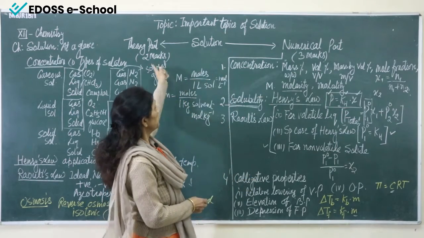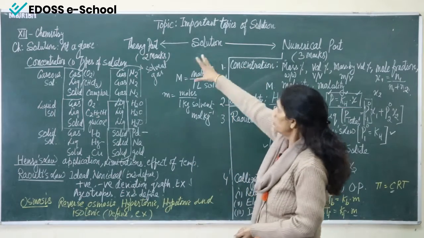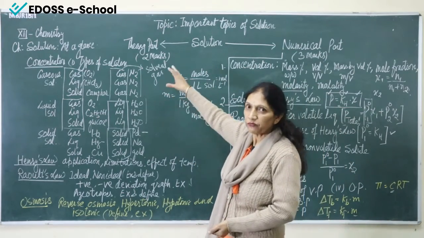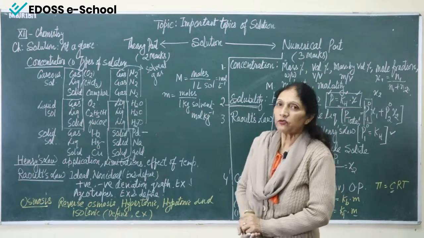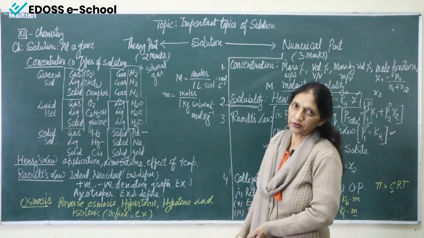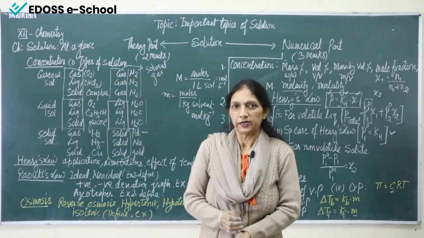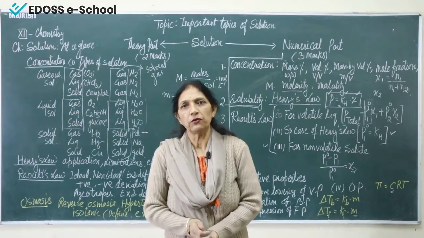So in this way, in this video you can see the whole chapter at a glance, and if you prepare the lesson this way, it will be very easy for you to score 5 out of 5 marks. For the numericals, I will prepare another video next. Okay, so you can watch that video.